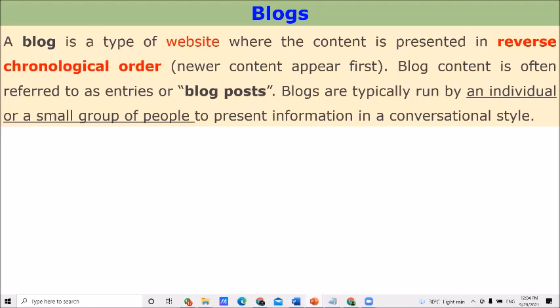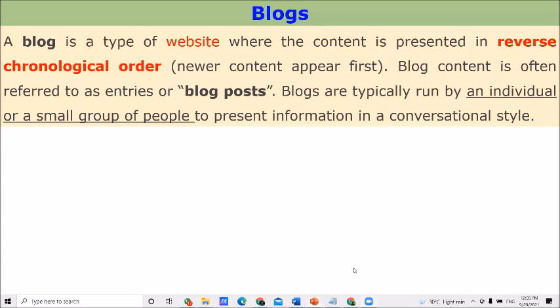But some tools available on the internet, you can use freely to create blogs. Therefore, you want to know the names of some web tools giving facilities to create blogs.